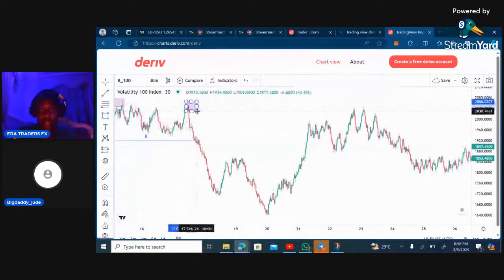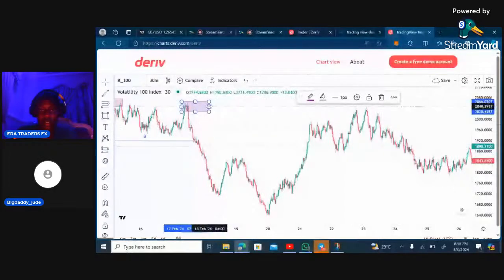So this is another valid point as an SMT trader. Why am I marking this out? I saw a valid FVG here. I saw an FVG, and this was the last upward move. I saw a bullish candle before this massive expansion to the downside, right? So if you'll be following our mentorship from tomorrow, we'll be going through all these basics of picking reference points